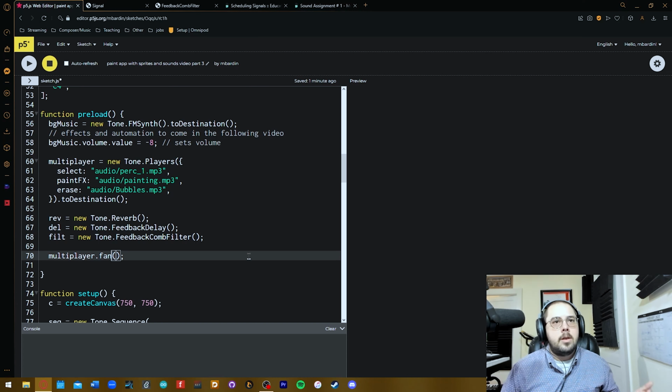Fan. And fan will connect to all the things that we tell it to here, but it will connect to them in what we call parallel. So we'll go from the multiplayer to all three of these separately. All right, so we're not doing them in order and chaining them. We're going from one thing to these three different things here, in order to do all the stuff separately. So we're going to fan it out. So we'll do that, and we'll connect it to the rev, the delay, and the filter. This way, again, we can affect one effect without that controlling the others. And that just gives a little more